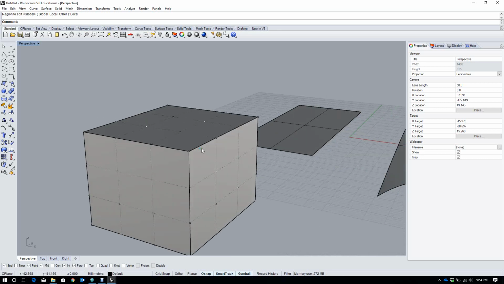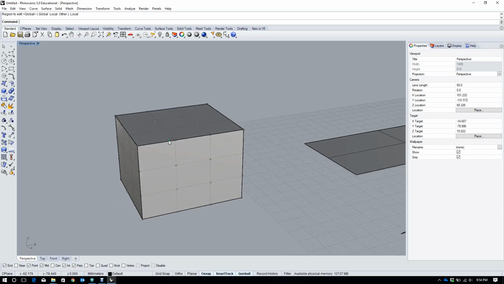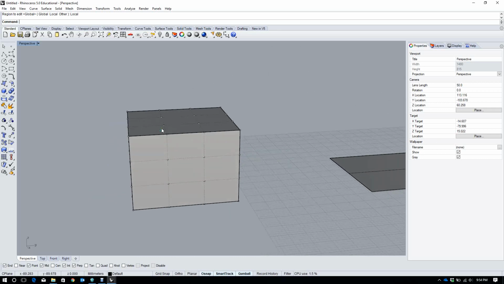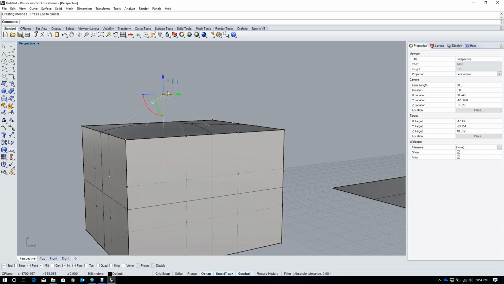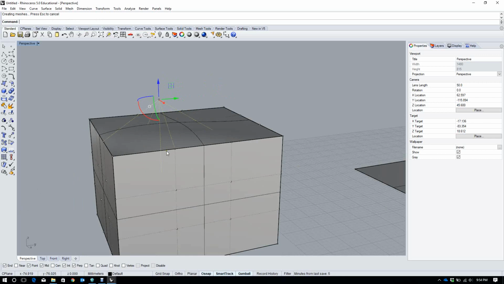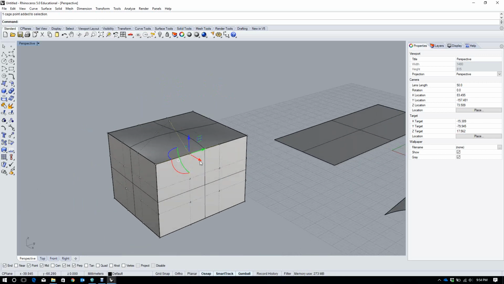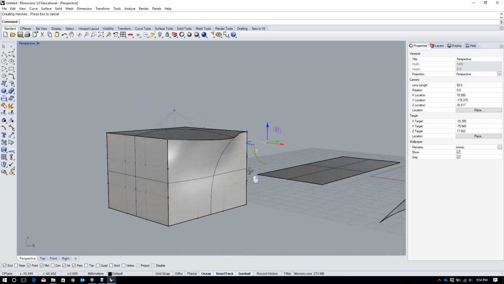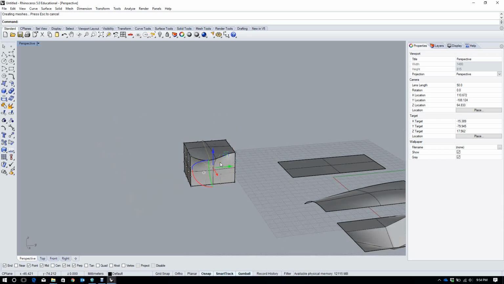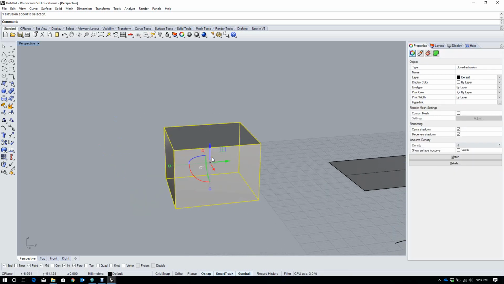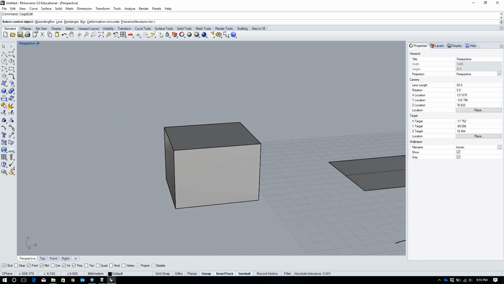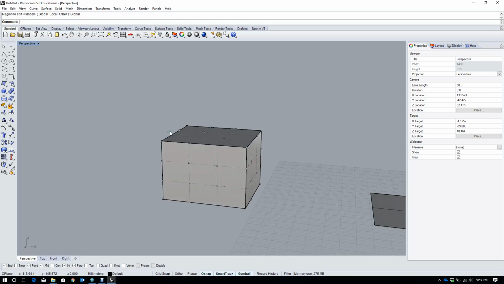With the local edits, you notice the points on the box, and you can pull off the points from the box. If we did a global edit, so a cage edit, a bounding box, a world, and a global edit,